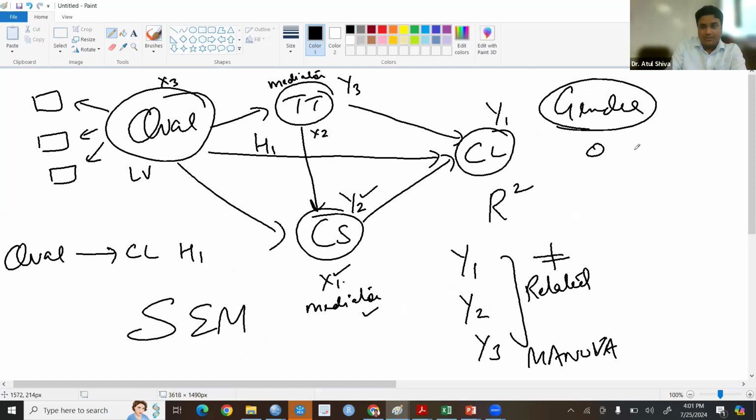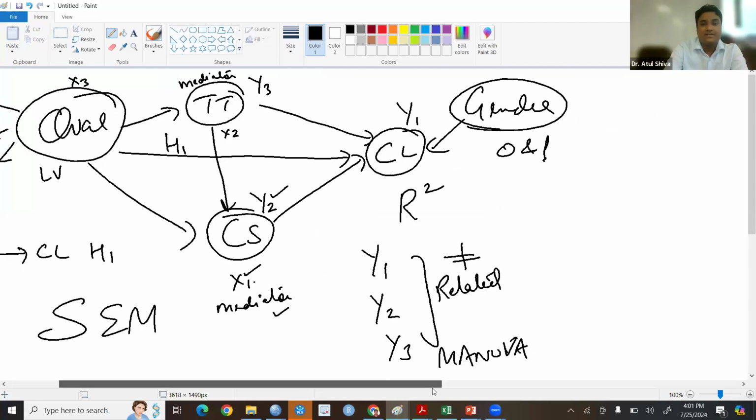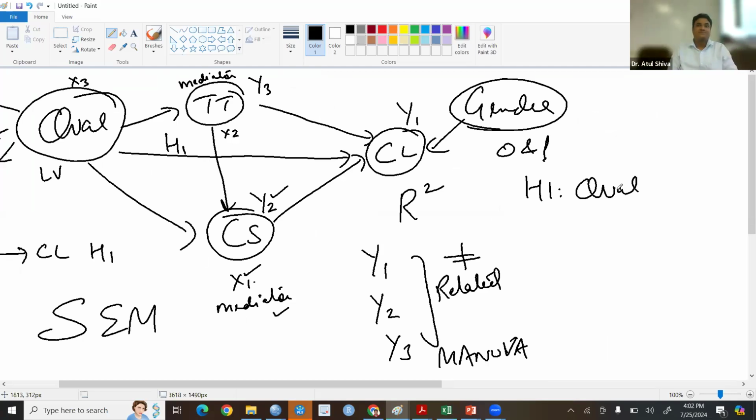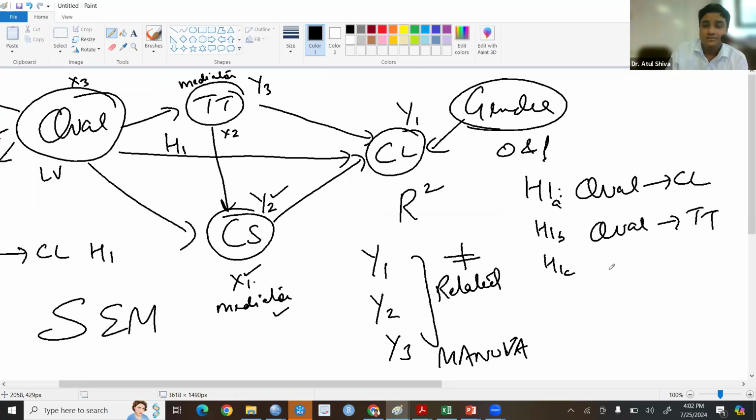but gender has to be coded 0 and 1, and gender on loyalty as a control variable, not as IV, while controlling the effect of gender, how trust, satisfaction. So इसमें हाइपोथेसिस कितने बनेंगे? Let us say hypothesis number 1, क्वालिटी से कितने एरो जा रहे हैं? 3, राइट। So you will write H1A, H1B, H1C. क्वालिटी से कस्टमर लॉयल्टी, क्वालिटी टू ट्रस्ट एंड क्वालिटी टू कस्टमर सेटिस्फेक्शन।